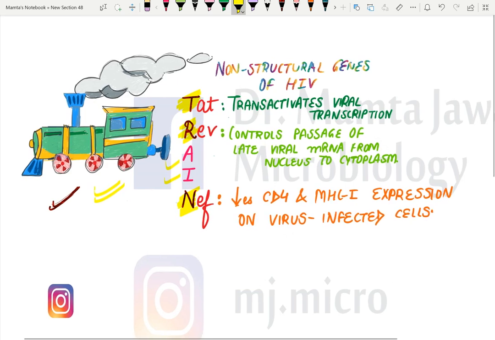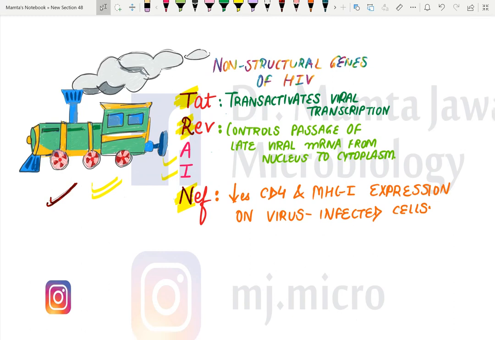Okay. Now considering each of these, T stands for TAT. Carefully follow my pointer. This is a gene which encodes for the TAT protein, and this protein in turn is going to transactivate viral transcription. Now, let me highlight T, A and T in the word transactivate. Transactivate मतलब काम को आगे बढ़ाना. Transactivates viral transcription. तो ये viral multiplication में मदद करेगा ये वाला protein.